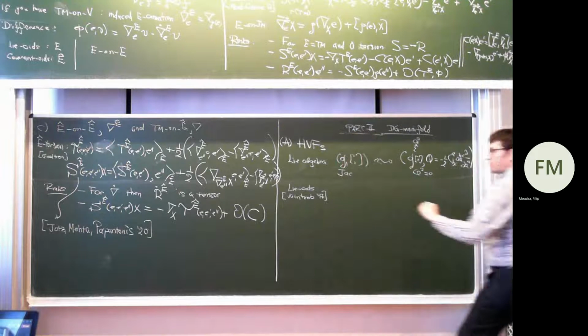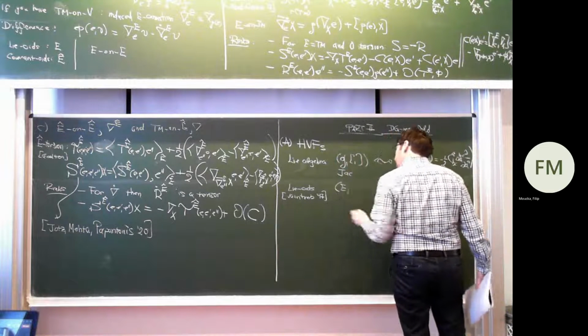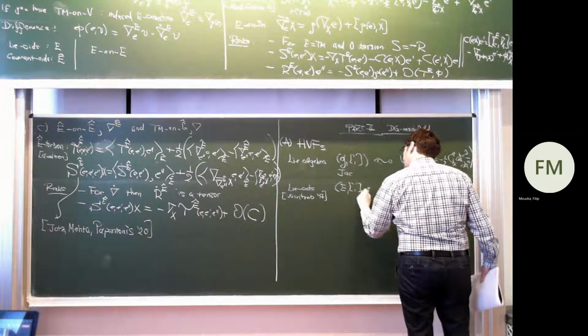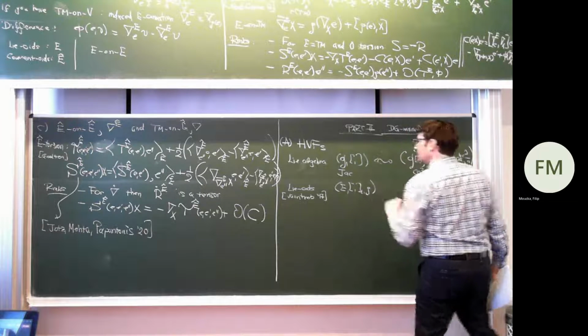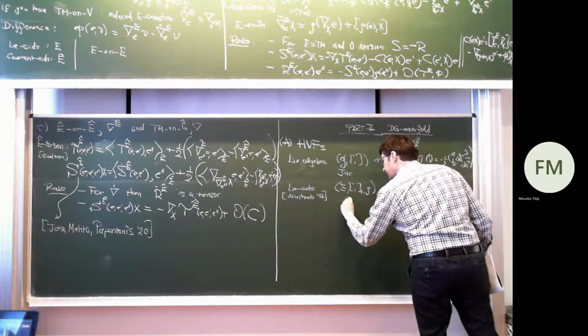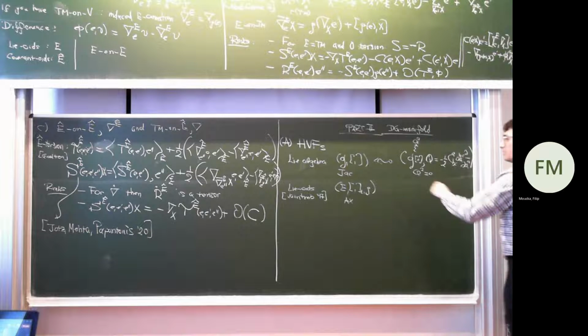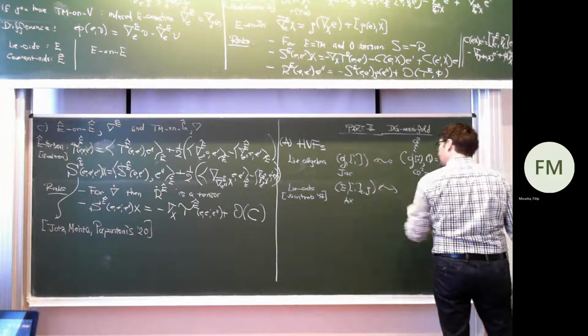So in the case of Lie algebroids, you have E, with your bracket and the map to the tangent bundle. These satisfy the axioms: the Jacobi identity for the Lie bracket and one more axiom, which is the Leibniz rule, or the morphism property of rho. And this is equivalent to thinking